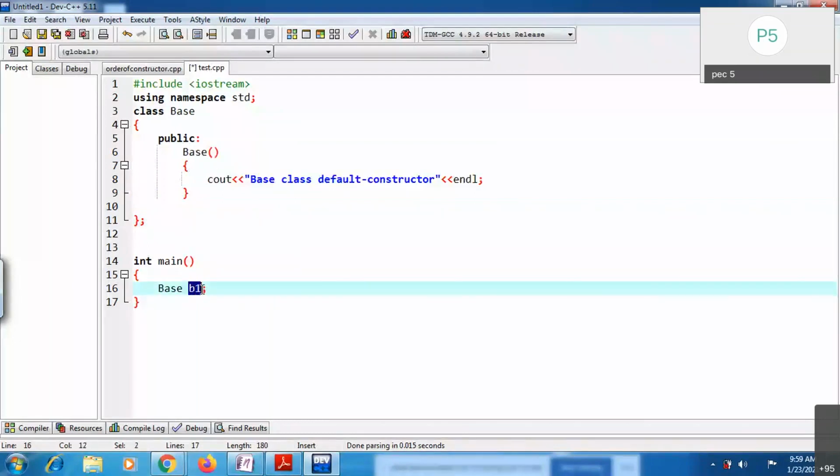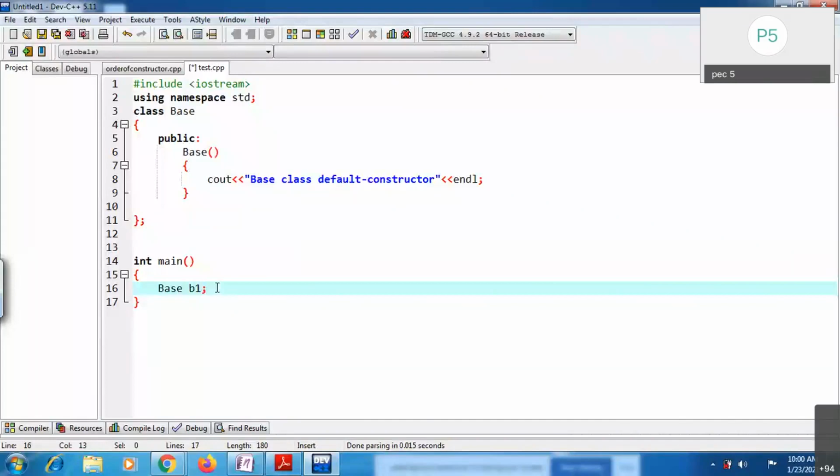No need to call it manually. Default is printed, which is whatever I have written, just to show whether it is being called or not. Like I have written a cout statement, and it is printing output.